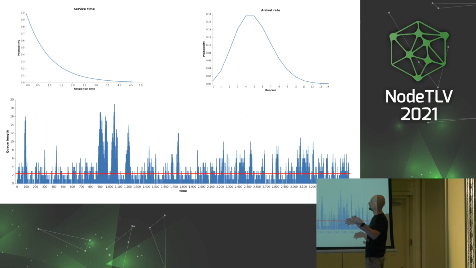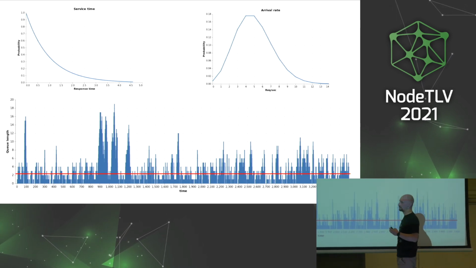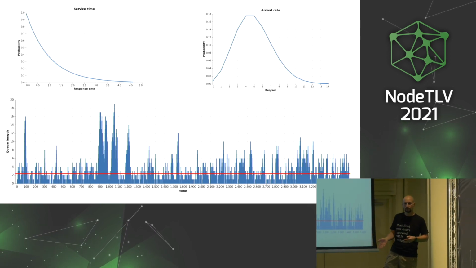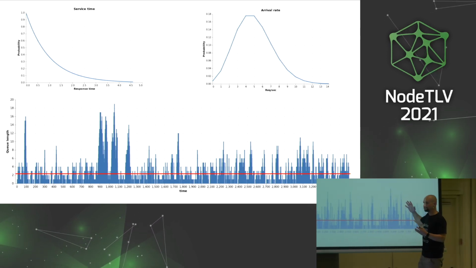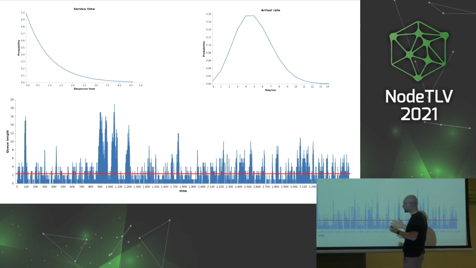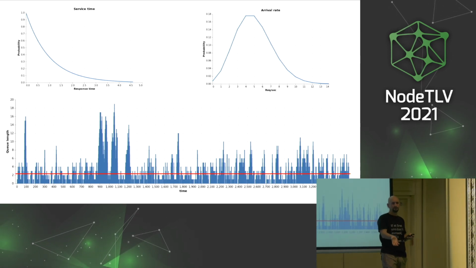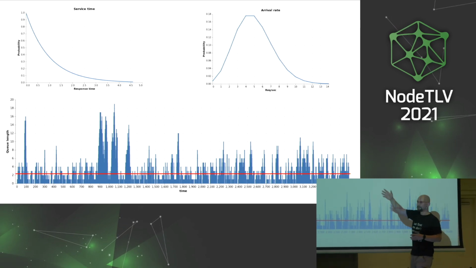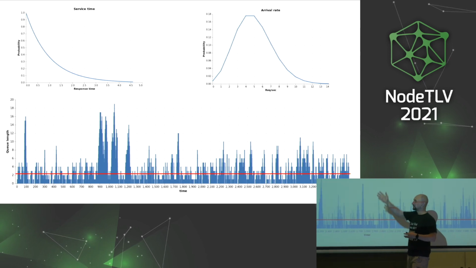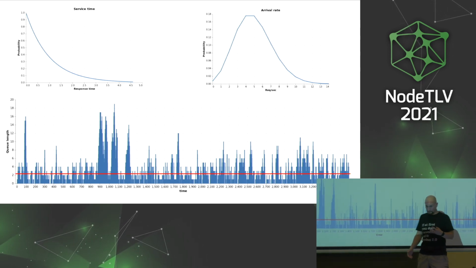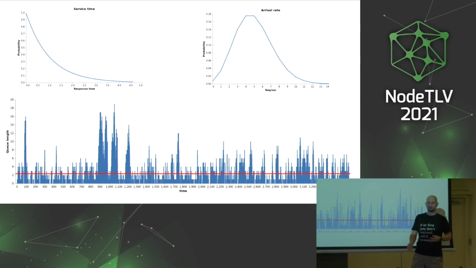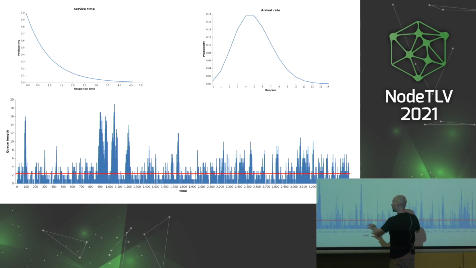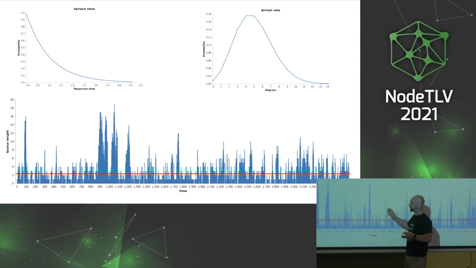So this is basically what's going on inside of a queue. This is like the microscopic view of a queue. The load that is going into the system is not uniform. It has some distribution. In this model, we use the Poisson distribution for the incoming load, which basically means that the rate is slightly different between moments. Sometimes you get a bunch of tasks, sometimes you get fewer tasks, and so on. And on the other side, we have the service time, which is also not uniform. In this case, the exponential distribution.